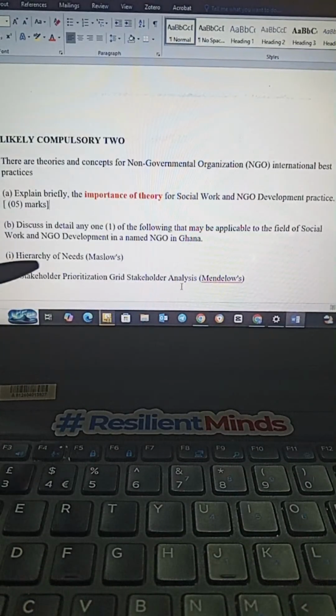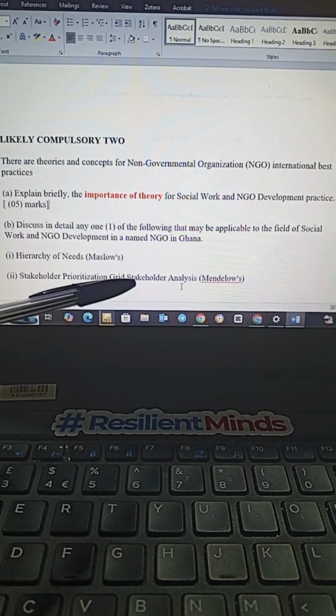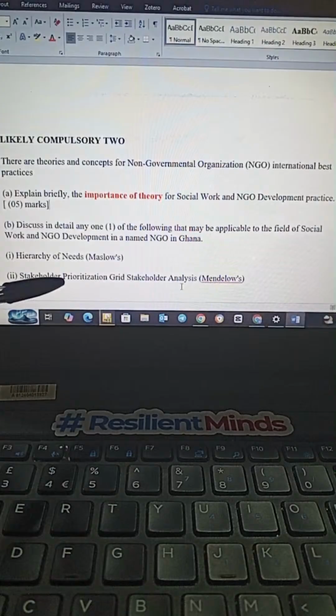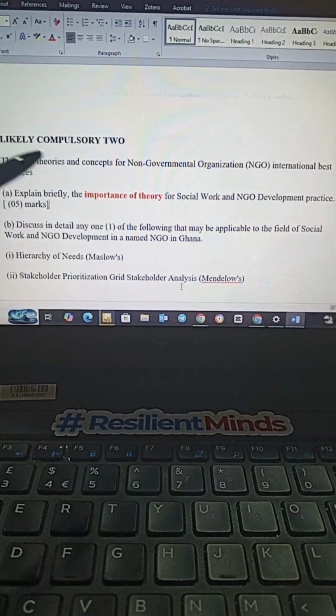So here, either you go for Maslow or the stakeholder grid, any way you want. And this grid looks at power and also interest. So when the power is high, maybe the interest is low. When the interest is high, the power is low. So you look at how low and high the power is. That is what Mendelow is also trying to look at. So this one too, I don't know whether he taught you guys the grid. I don't know whether he explained in class, but I know it's something that is part of NGO work, because